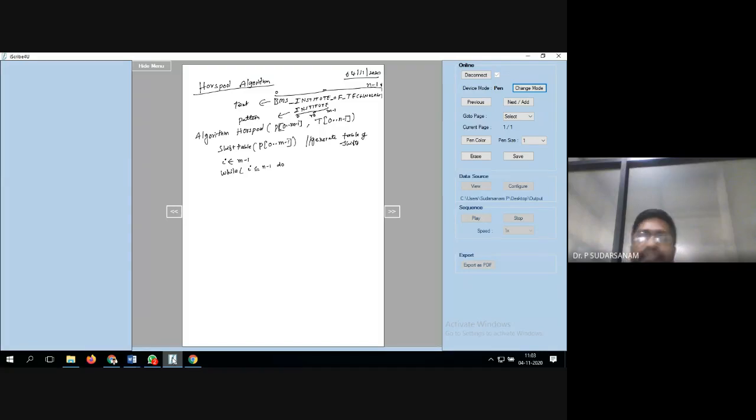So n is the entire length of the text. The i value goes up to n-1. This is the condition for when to execute the while loop. i starts at m-1, the total length is n, so while i is less than or equal to n-1, do the process. For 'institute', m-1 is, let me say, 5. If you have 20 characters, this value moves left to right until you reach n-1.